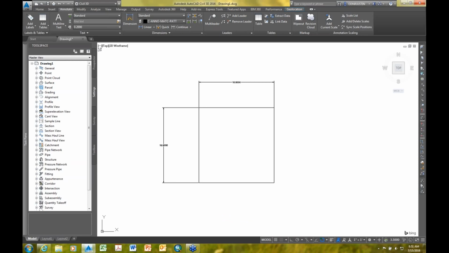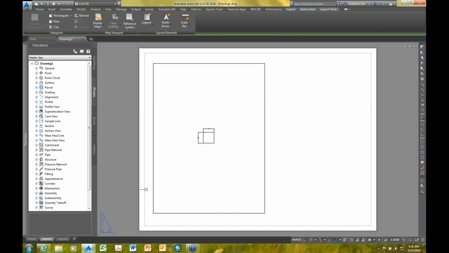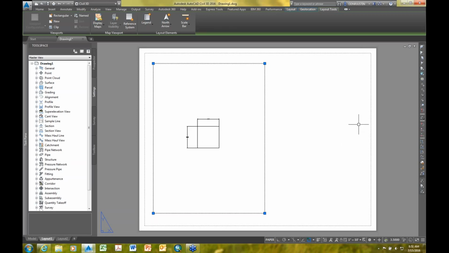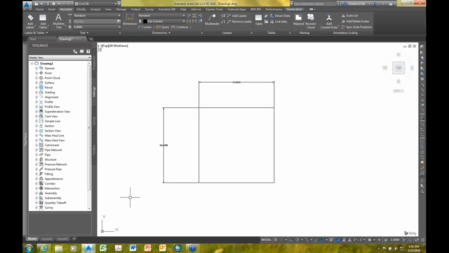oh, I'm still stuck on something there. I can see my drawing and my dimensions are there, and I'm at 1:20 scale. That's kind of a problem. Not going to look too good on paper. I could do a couple different things. I could zoom that up to, whoops, I'd zoom that down, wouldn't certainly help, would it? Zooming up to 1:10, a little bit more viewable. I still really can't see my text. Okay, so if I go back into the model space and look at these